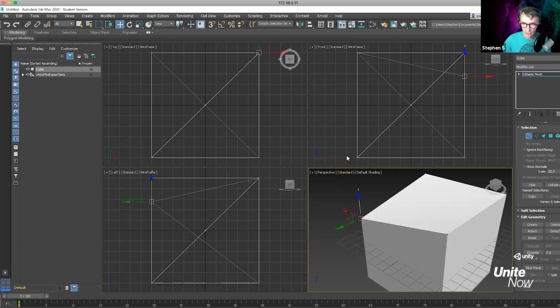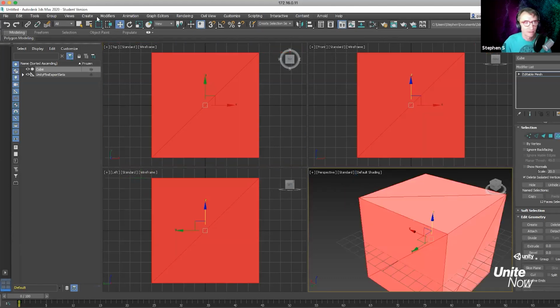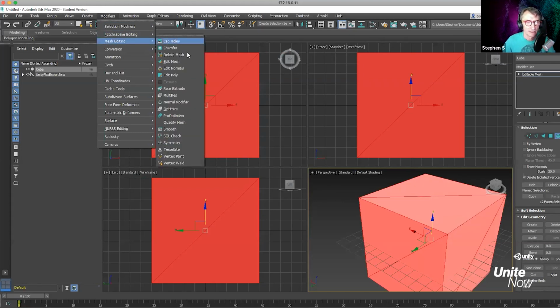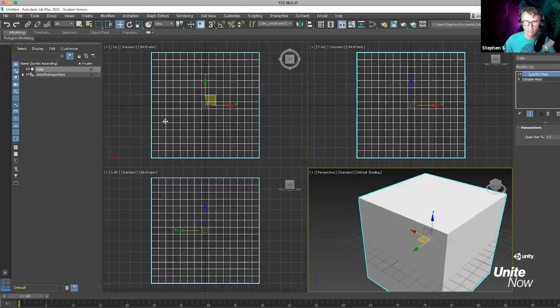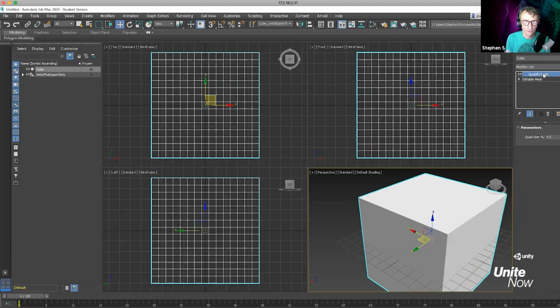Another little cool tip, I'm going to go back and undo, is I can select that entire object. And if you go to modifiers and go to mesh editing, you can actually quantify the mesh, which is kind of cool. You can make an editable mesh with different size cubes.